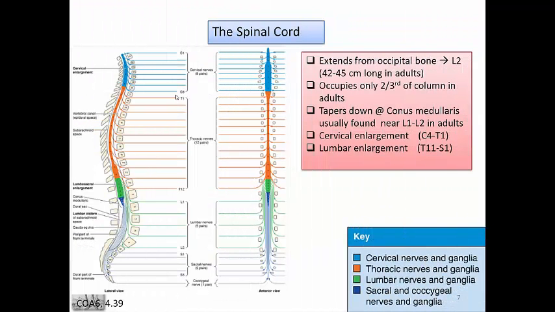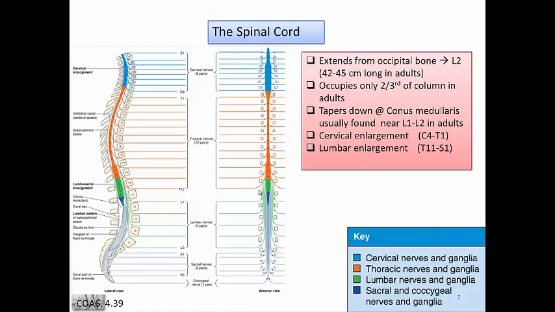One thing to consider when we look at the spinal cord is that we can subdivide this according to the color coding here into different nerves and ganglia. We have the cervical, the thoracic, the lumbar, and a little bit here of the sacral and coccygeal nerves and associated ganglia. You also see that you have these 2 enlargements, a cervical enlargement and a lumbar enlargement. The reason that we have these enlargements is that we have arms and legs, and the cervical and lumbar enlargements are the areas from where our brachial plexus in the case of the arms and our lumbar plexus in the case of the lower limbs receive their motor